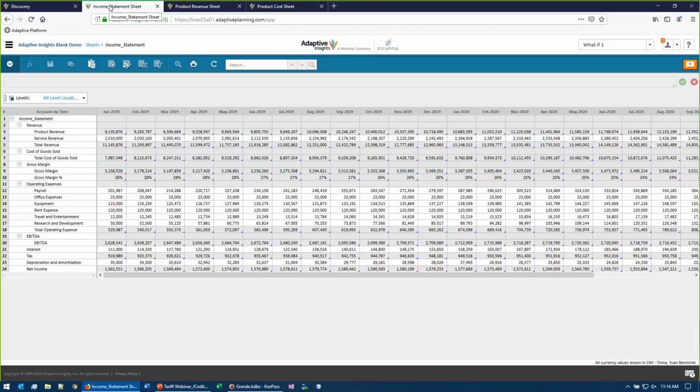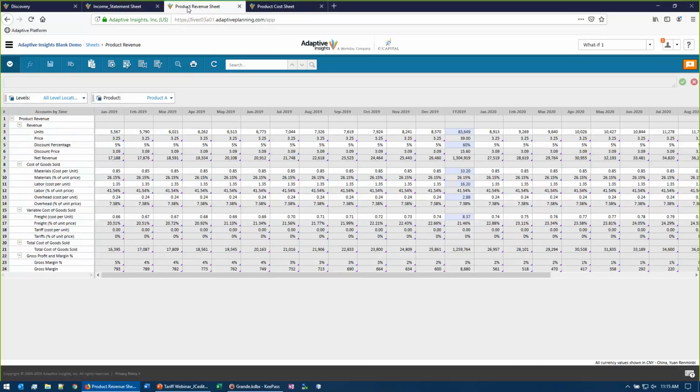So in this scenario, we've got multiple different forms. We'll say we are an electronics manufacturer that buys components, manufactures them together, and then sells them to the market. So we've got some product revenue and we've got some service revenue as we're helping companies implement those electronics as well. Most of these are formula driven. Anywhere you see a little purple arrow means that our product revenue is coming from a different form or a different calculation. You can see here we've got the whole income statement, revenue, cost of goods sold, margin all the way down to EBITDA. We've got our taxes, interest, and net income.